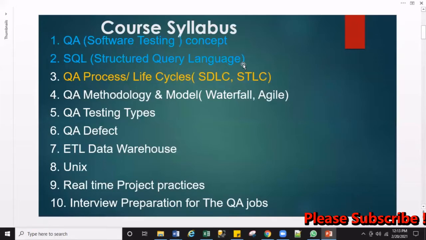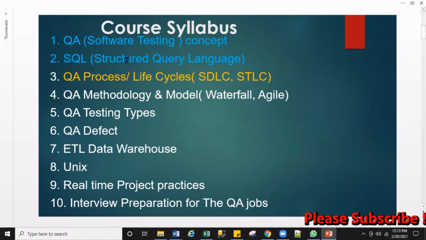So we have completed our first topic, the concept of software testing. We have also completed SQL, which is very important in real time. We also started working on the QA process.